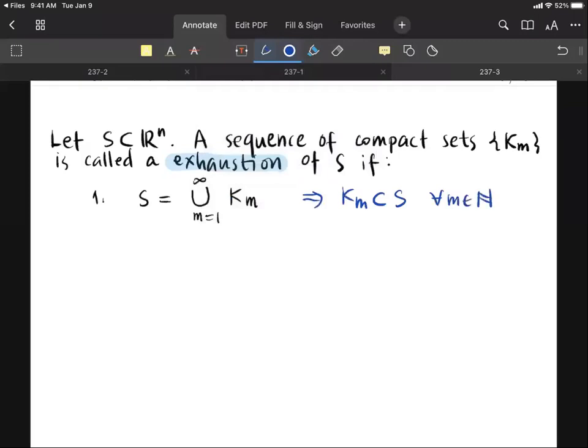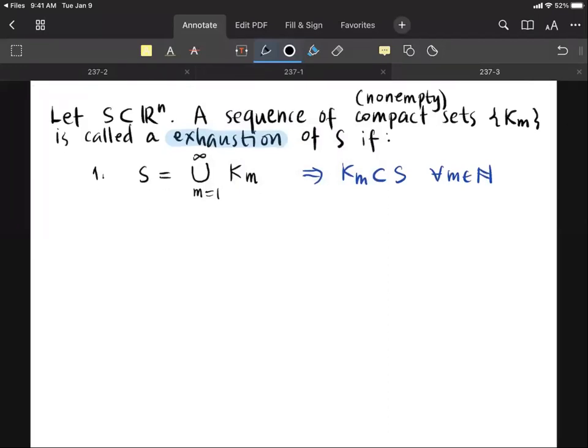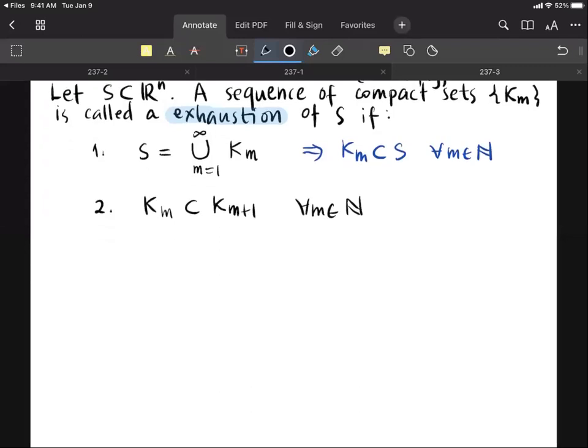I should emphasize here that the compact sets are taken to be non-empty. Otherwise, you could just remove them from the sequence. The compact sets are increasing. So the larger the index, the larger the compact set. And finally,